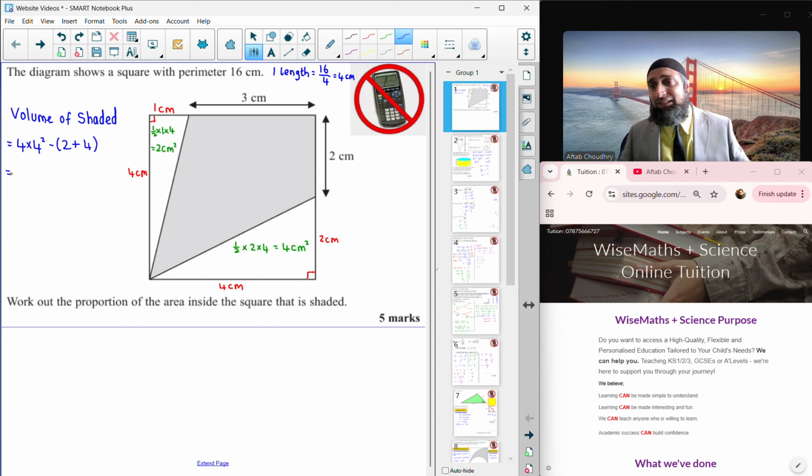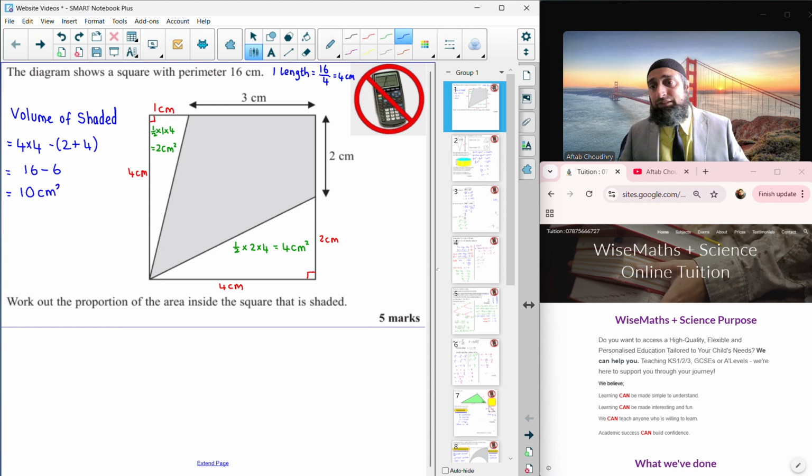So 4 times 4 is 16, minus 2 plus 4, which is 6, so therefore the shaded part is going to be 10